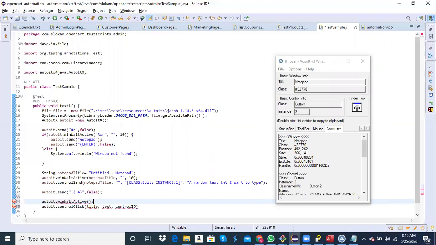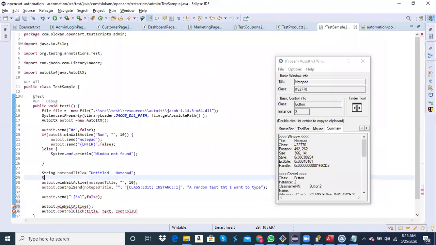So all you need to do is provide Notepad, close.